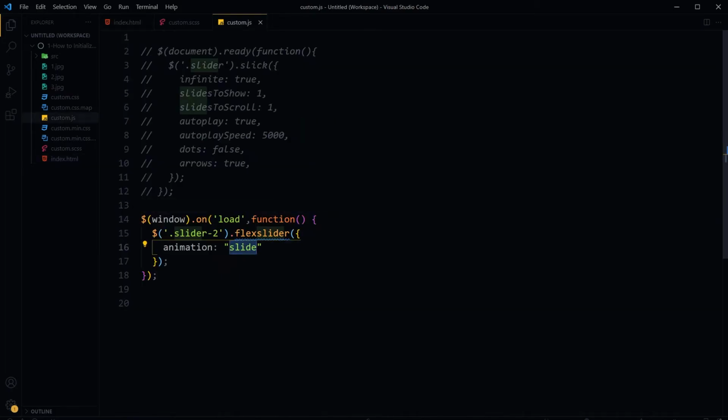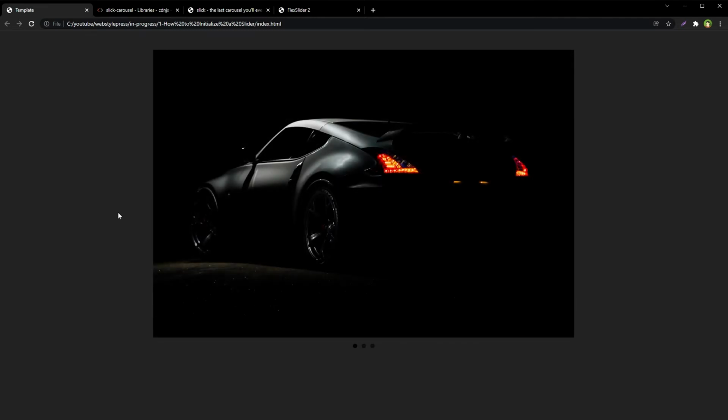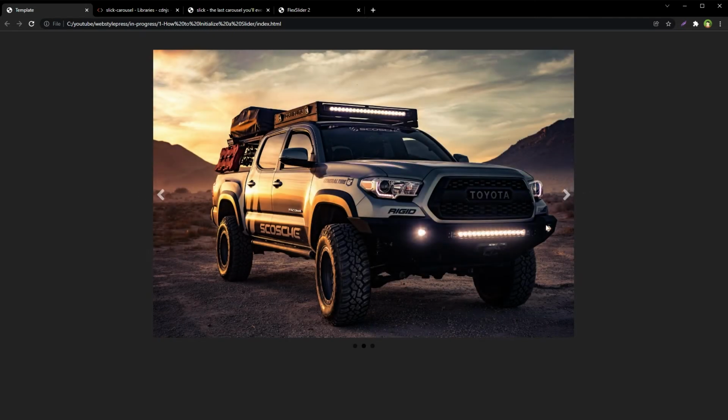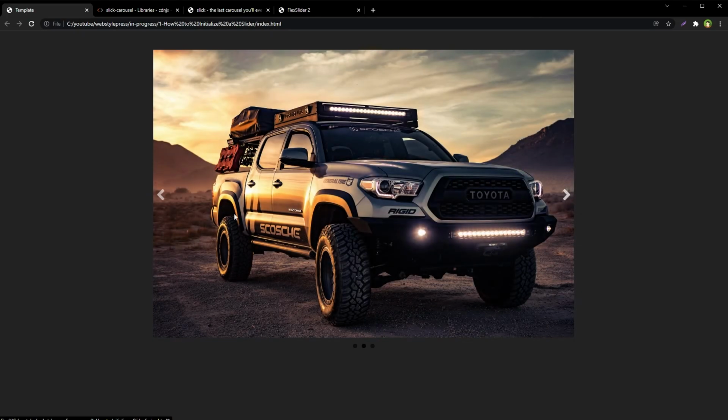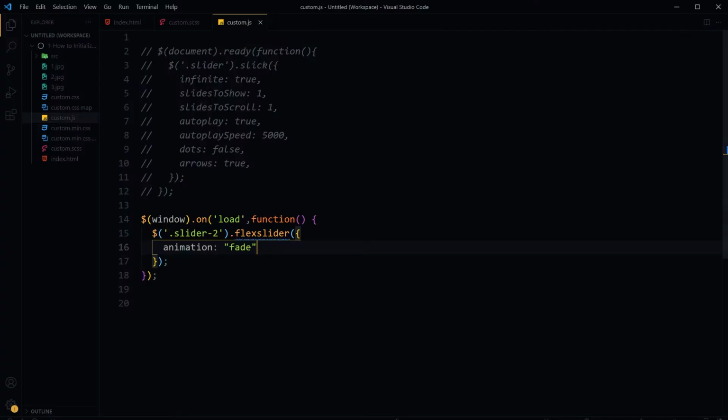So the animation is slide. We can change it and use fade here. Refresh. Now the effect is fade instead of slide. So initializer with the settings.